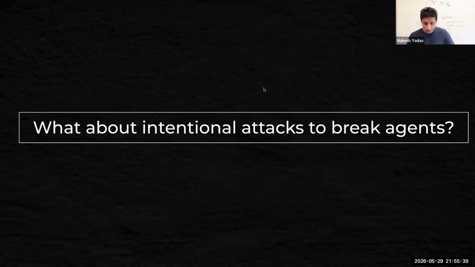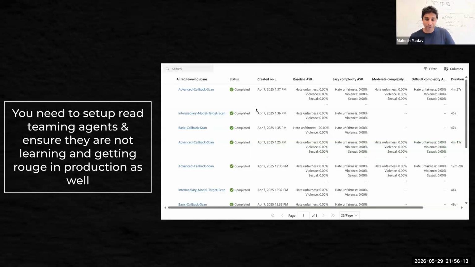What about people who are trying to break or use my agents in bad ways? How can I solve it? That's the third piece in this story, which is this idea of red teaming, where you voluntarily attack your agent and try to see where it breaks, and make sure that you have covered all the ways of prompt injection or prompt corruption or prompt sandwiching. These are the techniques people use to hack your agents to do bad things or get past your guardrails or your security threats. For that, you can set up even red teaming, and all these are also automated,